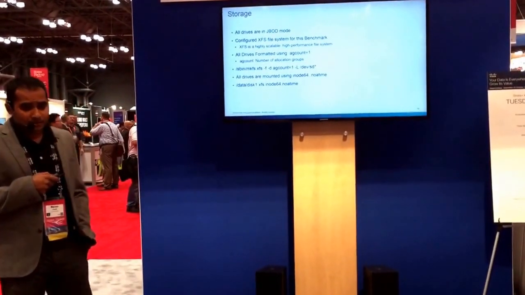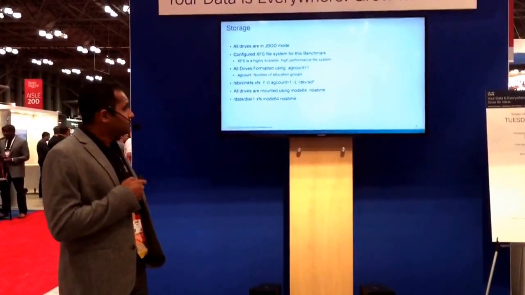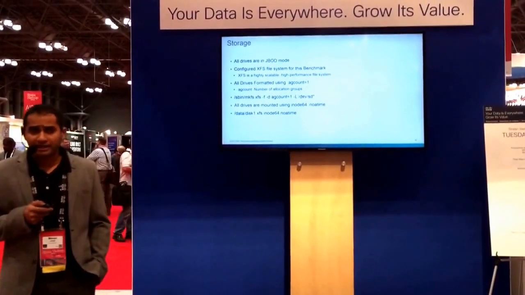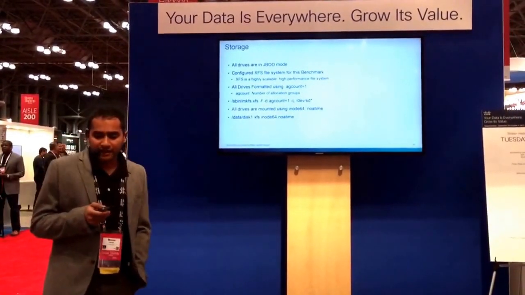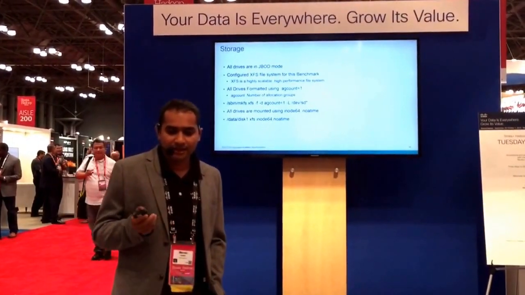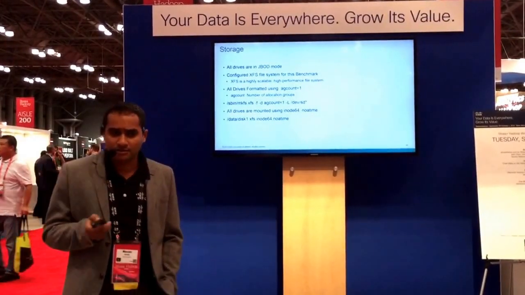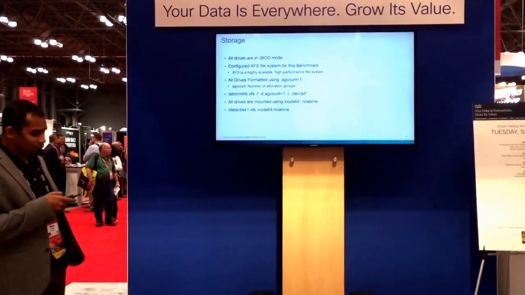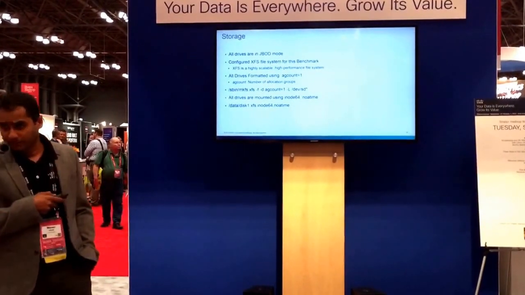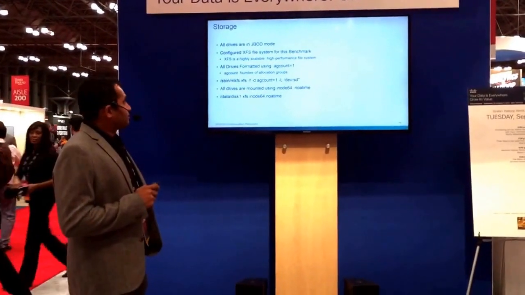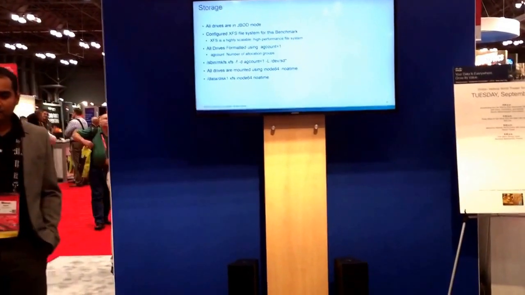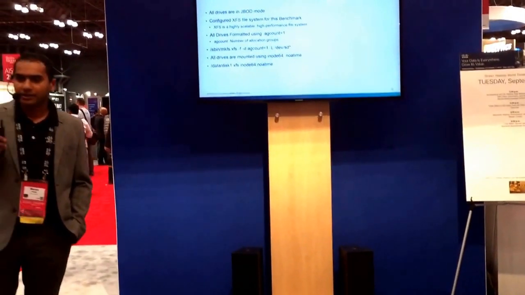Also important is the mounting of the file systems, using inode64 and noatime. Linux basically tracks all the access times, when the last file was read, last file accessed, and all those things. So if you mount the file system using noatime, you definitely improve the performance. So these are the compute, storage and network. We have OS tuning as well as Hadoop level tuning. We did a bunch of tuning parameters for the OS and Hadoop.